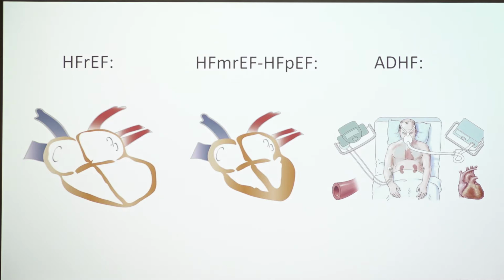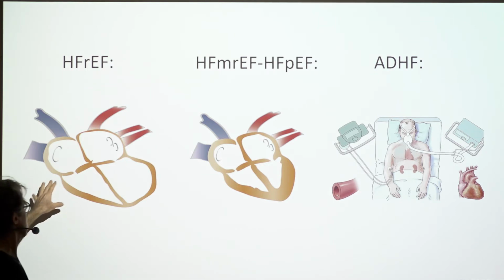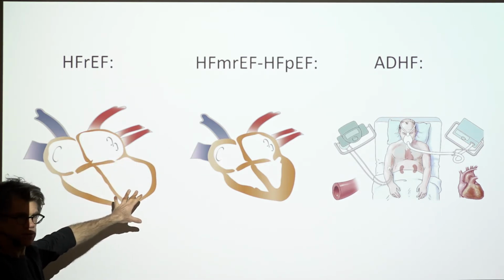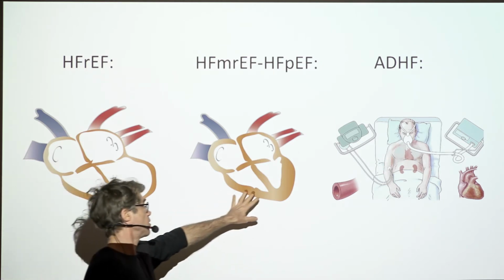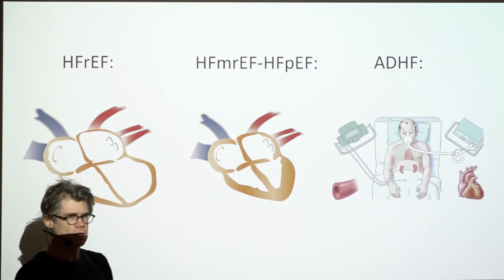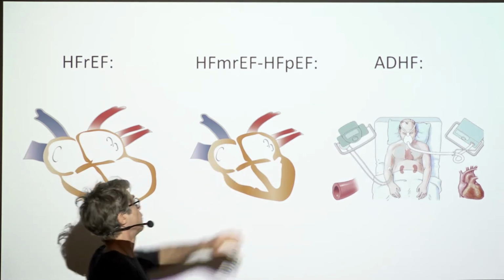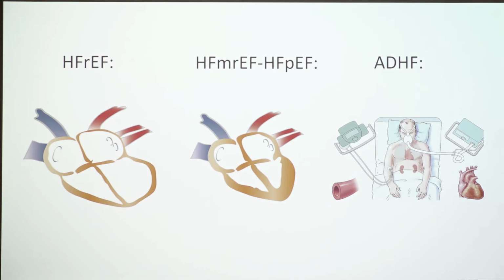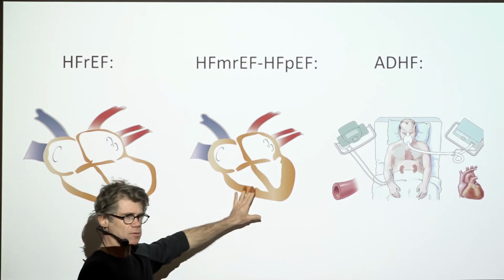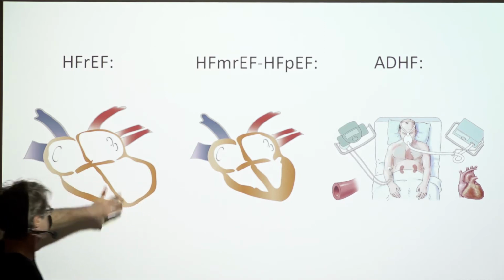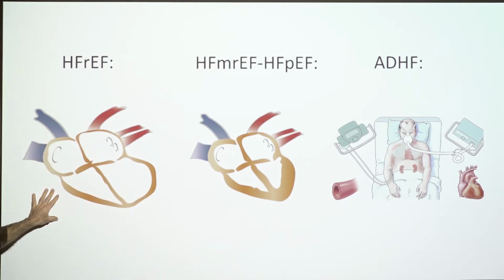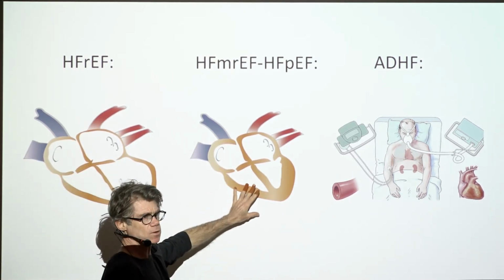But there are still tons of unmet needs in heart failure. This is heart failure with reduced ejection fraction. Does anybody know what that means? Heart failure has two different types. In this case, the heart is weak and pumps poorly. In this case, the heart actually pumps well but can't fill with blood. It's stiff. This is a new type of heart failure that we haven't understood for many years, and there's actually no evidence-based therapy here yet. We think that the same drugs that work here, beta blockers, ACE inhibitors, spironolactone, might work here also, but we don't know.